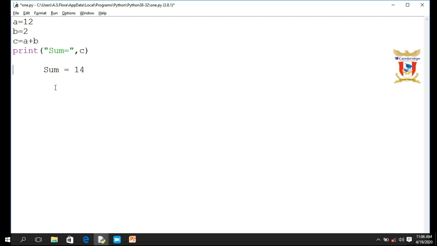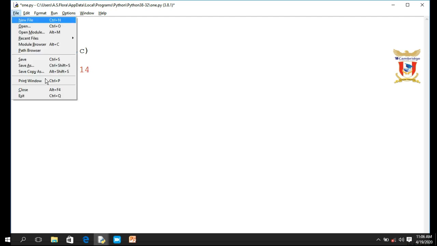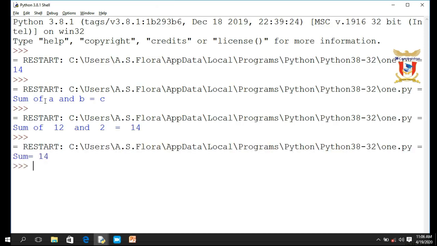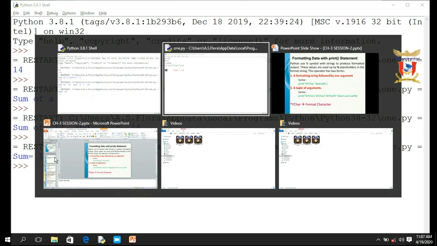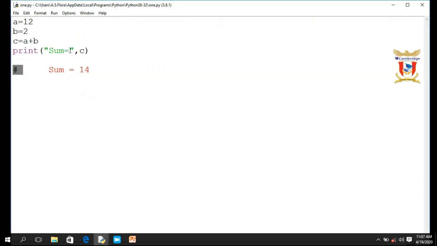We can also use this way to produce this output. I'll place a comment here, because I don't want to run this code. Save it and it generates the result: sum equal to 14.